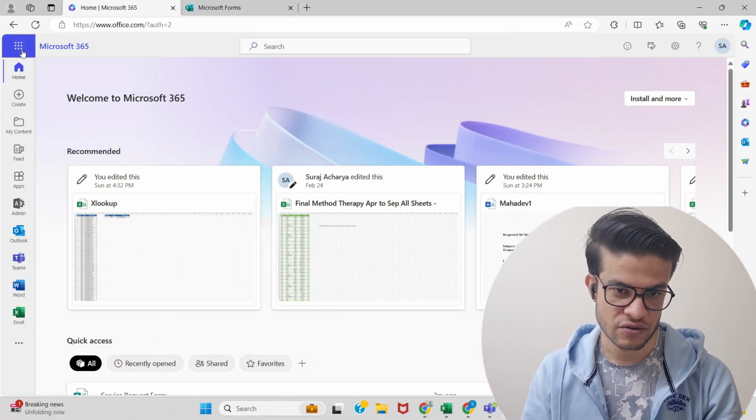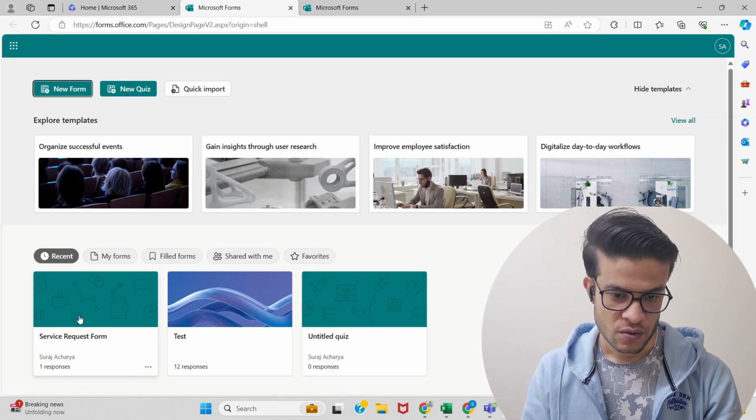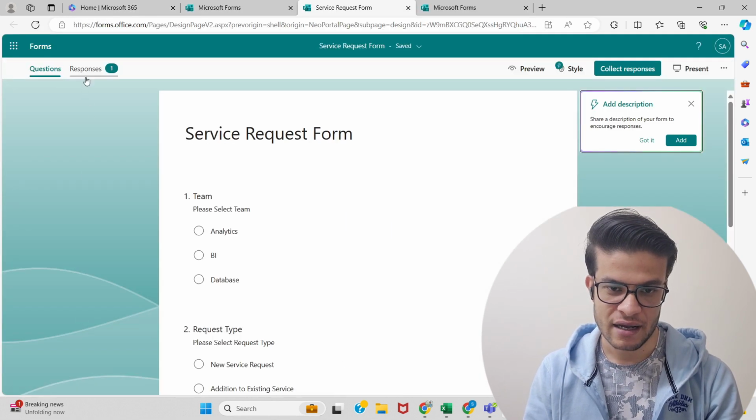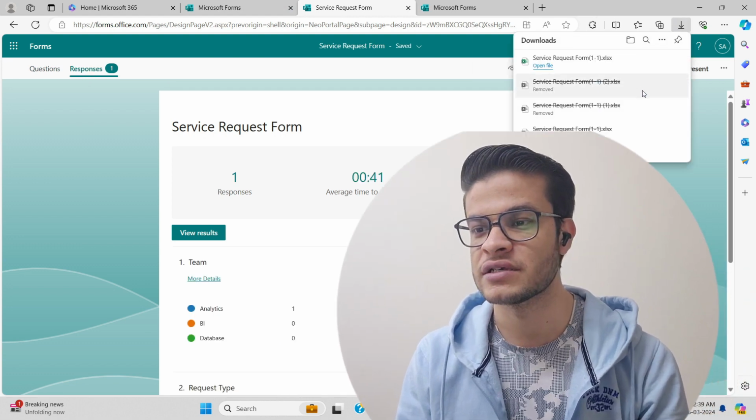Every time you need updated form responses, you go to the Candy Bar menu, go to Forms, open the form, go to the Responses tab, click on Open in Excel, and download the Excel file. If this is how you are getting the form responses every single time, then I have a method that can